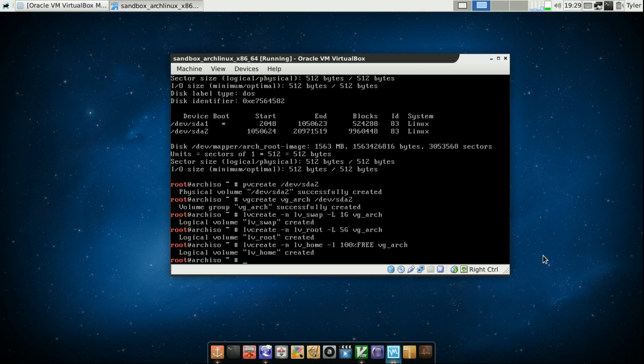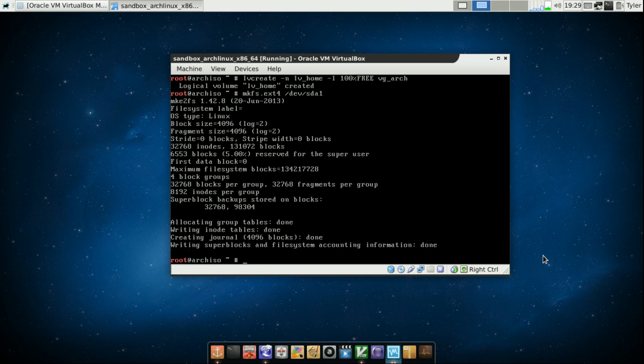The next step is to format our partitions. So we do mkfs.ext4. We'll be using ext4 as our file system. So ext4, and the first partition, which is /dev/sda1, this partition will be used as our boot partition. Press enter, and again